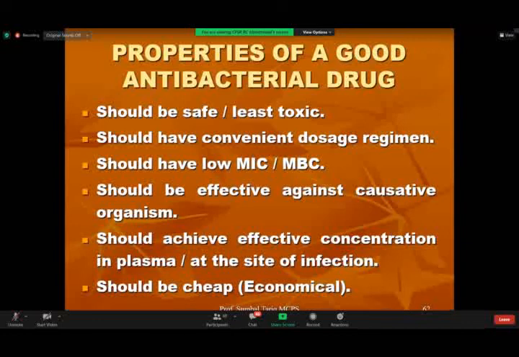So topical देना would be better. तो ये सारी जो है, you have to make sure you are the one who is prescribing to the patient, you are the one who is giving them the antibacterial drug. You should achieve effective concentration either in the plasma, अगर septicemia है, या at the site of infection. Topical infection है, topical drug दें, बजाय going for something which will have to be excreted from the body without having its maximum effect at the site of action.